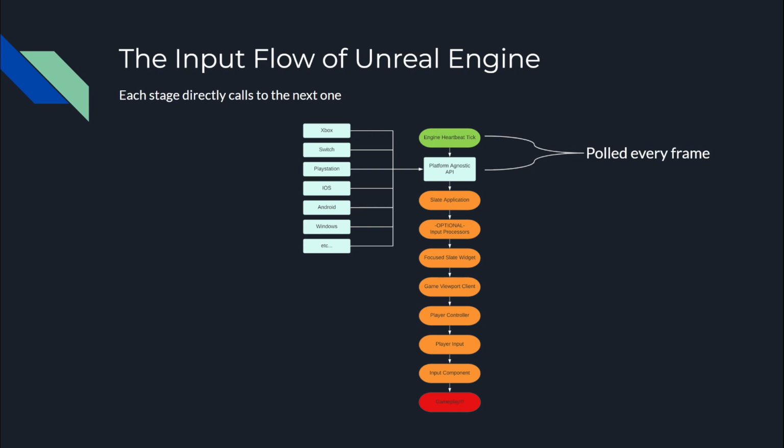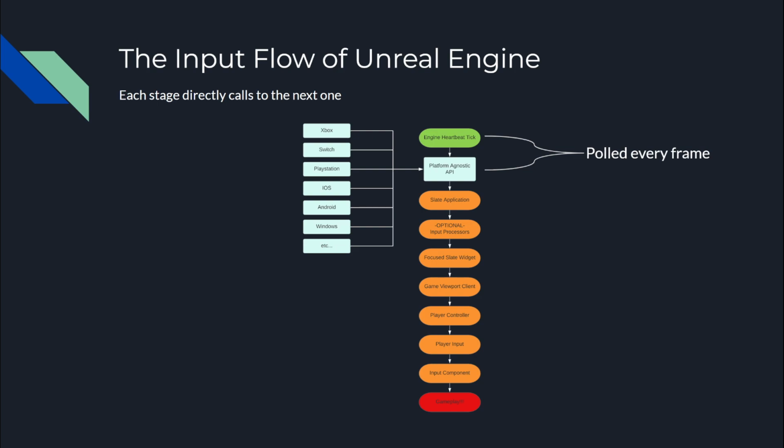The platform agnostic API will basically create your Slate application in there and point to it and say, all right, now that I've got an input, I'm going to tell the Slate application input was pressed, released. I think it was held for some of them, or it's in the Slate application. I need to double check, but it's the same process of it's going to resend the input of pressed if it's being held. And then from there, this all basically gets routed throughout the Slate application, where it sends it